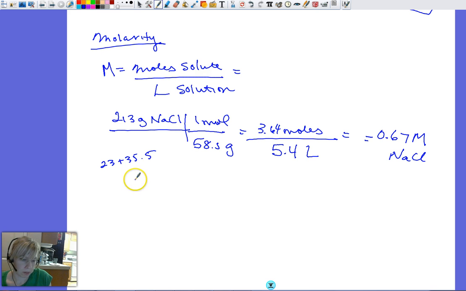For our second molarity problem, it says what volume of 2 molar potassium iodide contains 10 grams of solute? So we're kind of doing the reverse now. So we're going to put 2.0 molar equals X. Actually, we're going to first convert our 10 grams to moles. So 10 grams